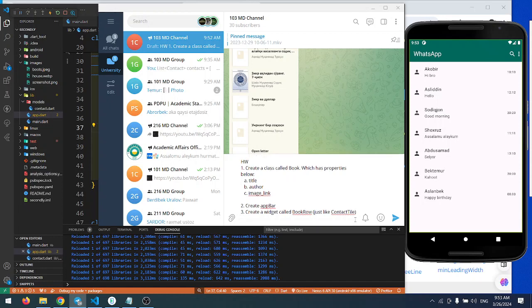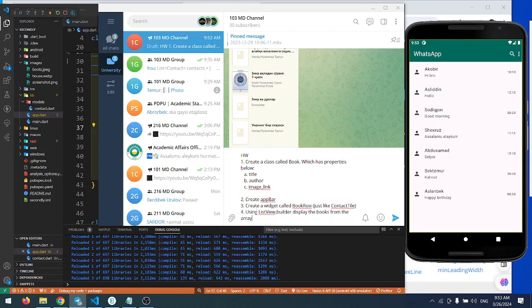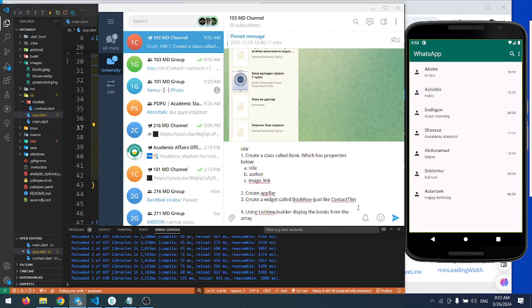Using list view builder, display the books, from create an array of books in my